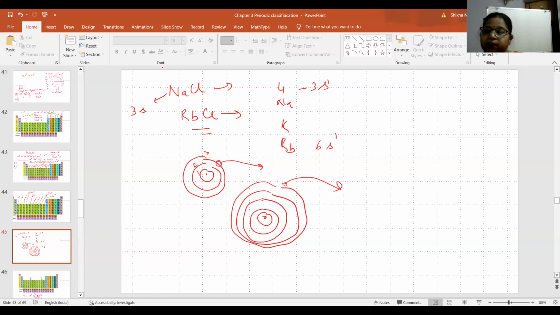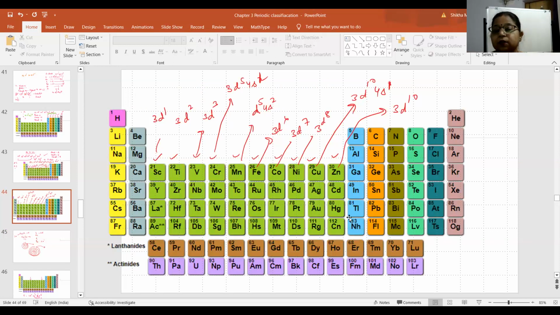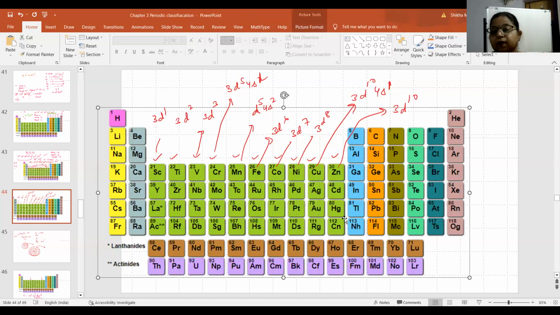As I told you, they will give you the atomic number 80, that is of mercury, and then they will ask, will it form a covalent or an ionic compound? Now, if you know the position of mercury in the periodic table, you know it is below zinc, right? Zinc, cadmium, mercury. So if zinc forms zinc chloride by giving away 2 electrons, mercury also has to do the same thing. Smartly, they have asked you the periodic classification as well as structure of atom.